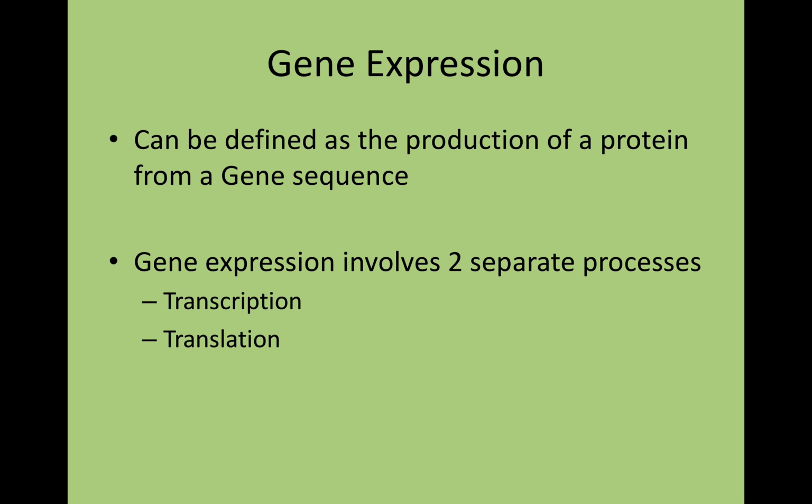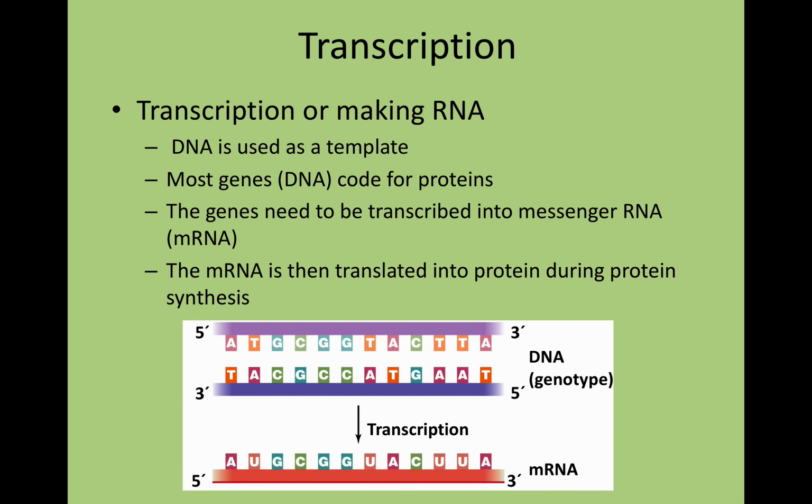Now we're going to switch gears into gene expression. Gene expression basically can be defined as the production of a protein from a gene sequence. And that involves the two processes of transcription and translation. Transcription, or making RNA, is where DNA is used as a template, and most genes code for proteins. And we did say before that we do have RNA products as well. So messenger RNA is going to be transcribed in this process, and that messenger RNA is going to be translated